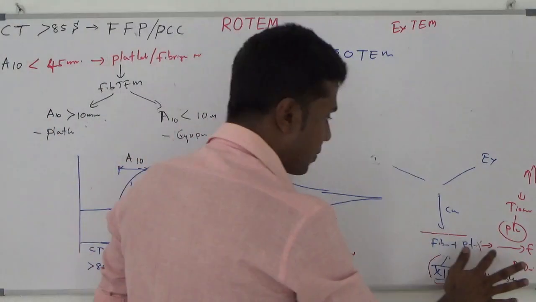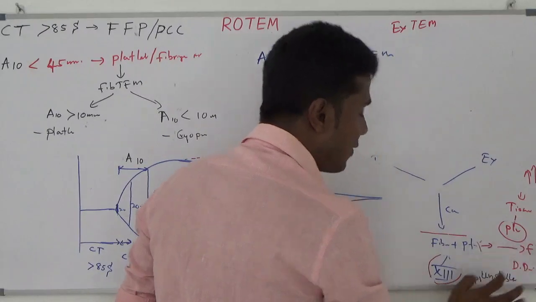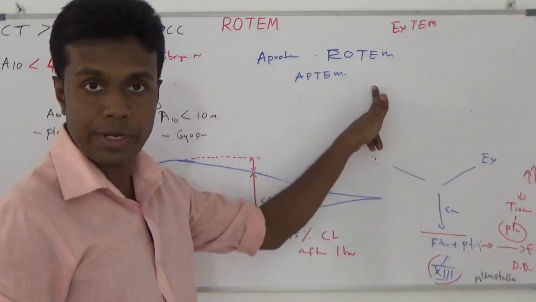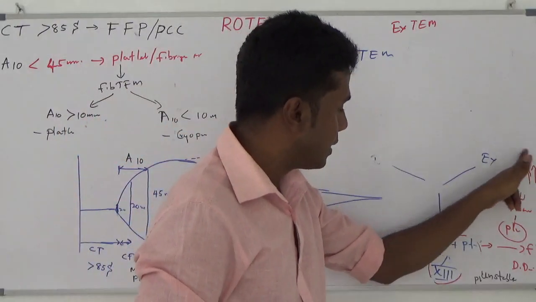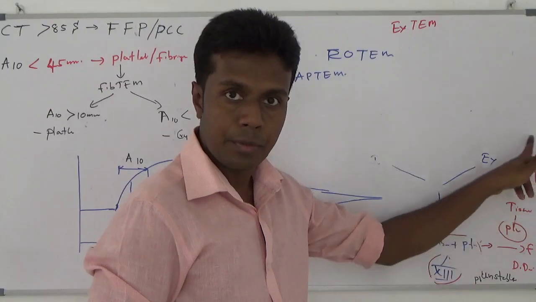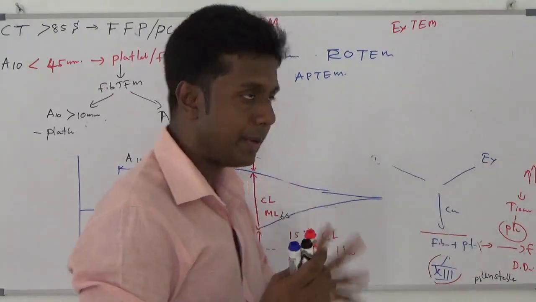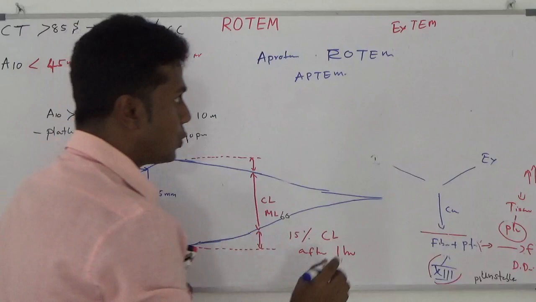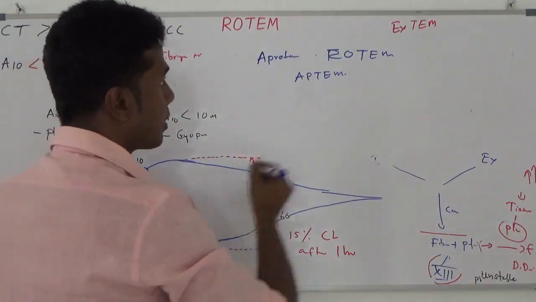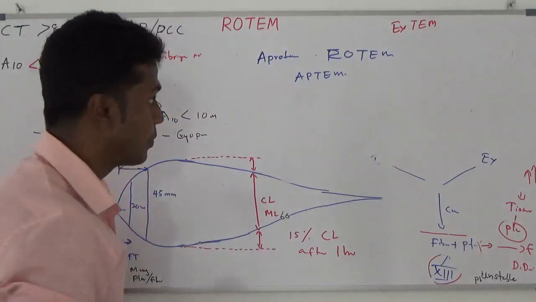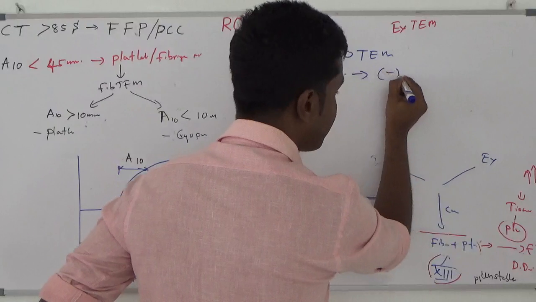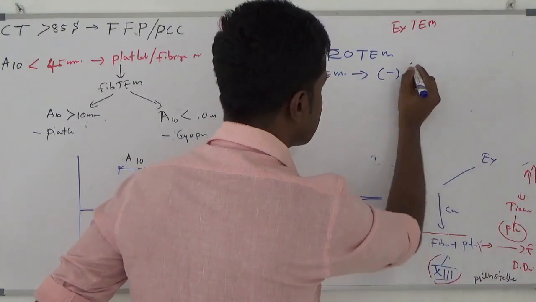If your patient has a normal clot lysis process after adding aprotinin, that means you have an unstable clot due to high proteolysis activity. I will repeat it again. What I am going to do is add aprotinin into my sample and run another kind of ROTEM. Once I add aprotinin, it inhibits the clot lysis process.